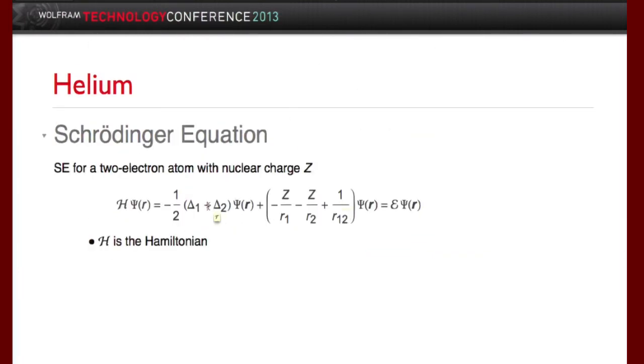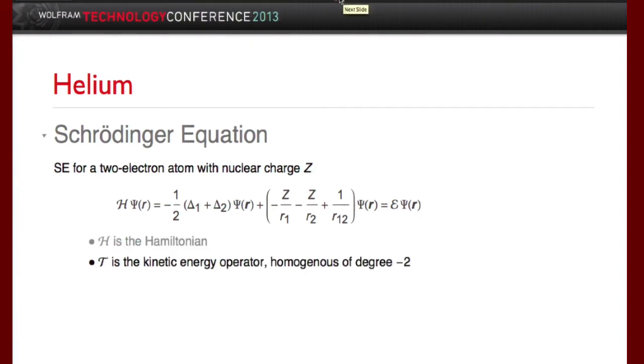So I showed you the Hamiltonian and the Schrödinger equation for the hydrogen molecular ion. The Hamiltonian here for helium has the kinetic energy part here, the potential part here, and the energy part. One of the crucial features of it is the dimensionality of each of those parts, and I'll mention that in a second. So H is the Hamiltonian, T is the kinetic energy operator, and the important feature of that